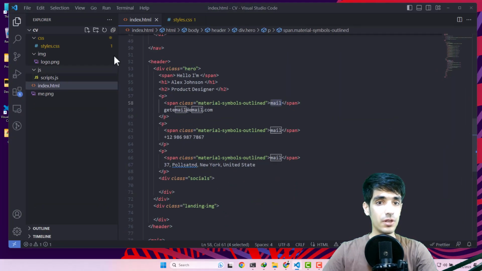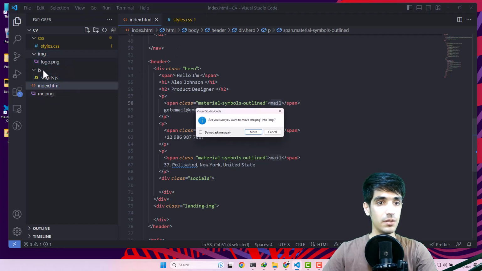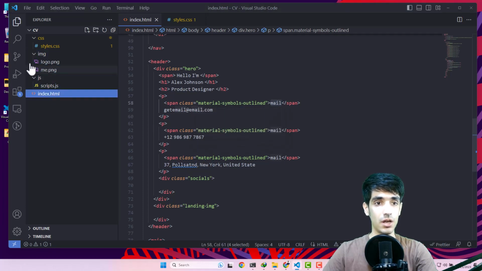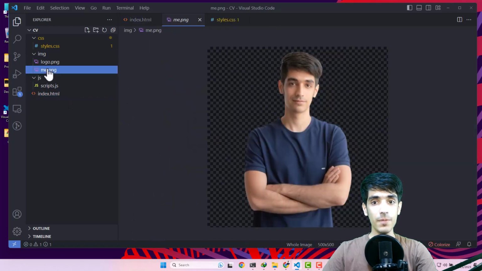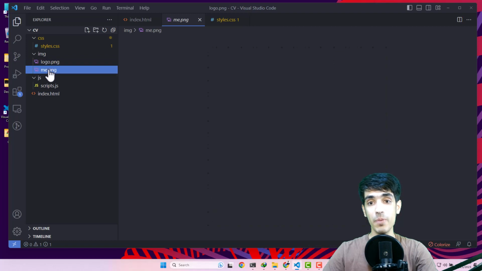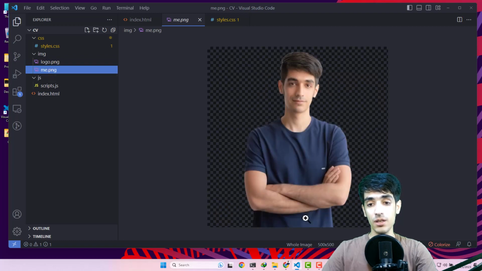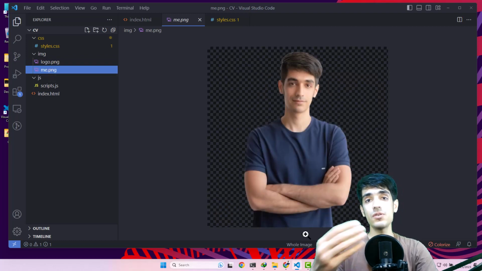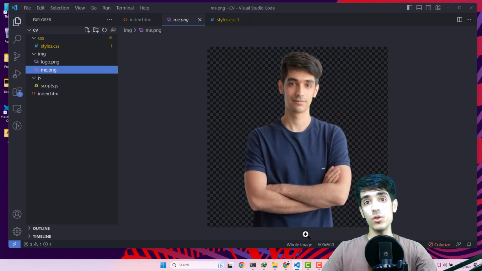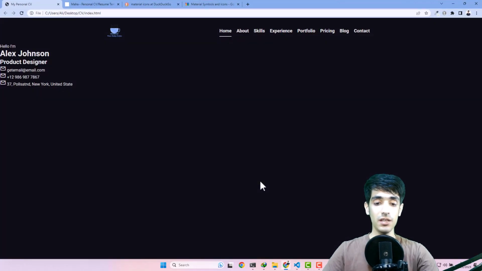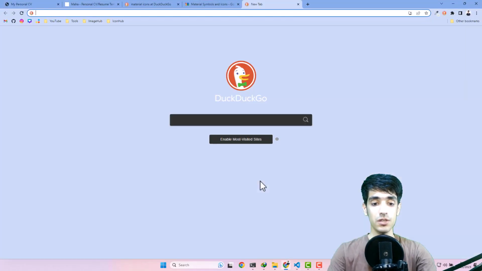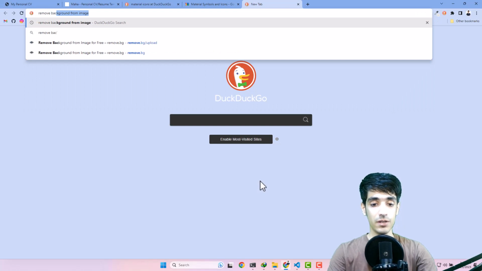And now that I'm inside my CV folder, I can copy that inside that img folder, and I recommend that you use an image that has no background. It's very important because when you are designing, images with no background are much better compared to images with background. It helps you to design a better thing. And if your image has a background, you can just search for a remove background